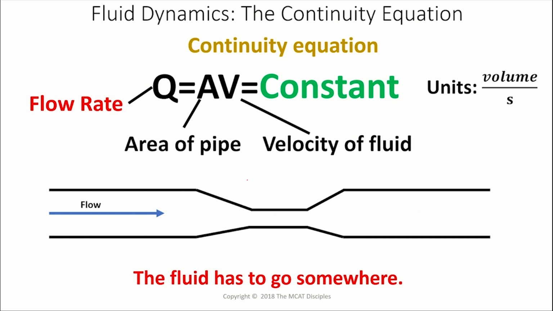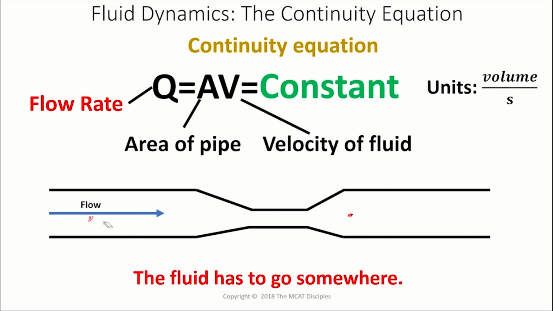And just to be clear, the value of flow rate can change. But the flow rate here is going to be equal to the flow rate here, and the flow rate here is going to be equal to the flow rate here. That's what we mean by constant. It doesn't mean flow rate can't change from 5 liters per second to 4. If it changes from 5 liters per second to 4 liters per second, that's going to be system-wide, such that the flow rate at any one of these points in the pipe is going to be the same.